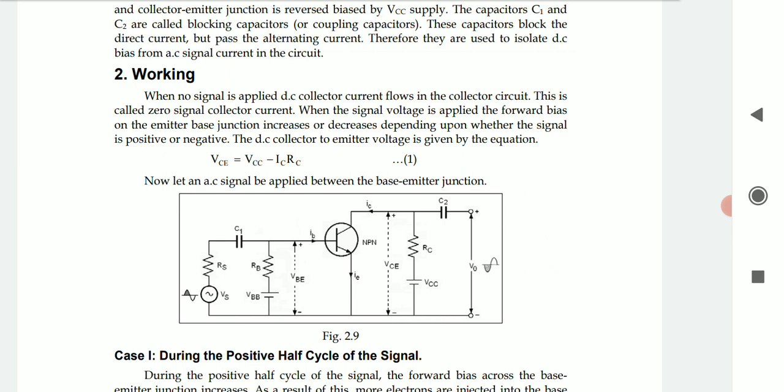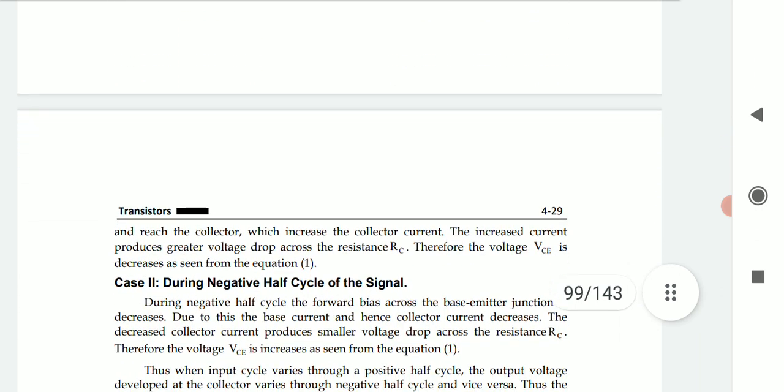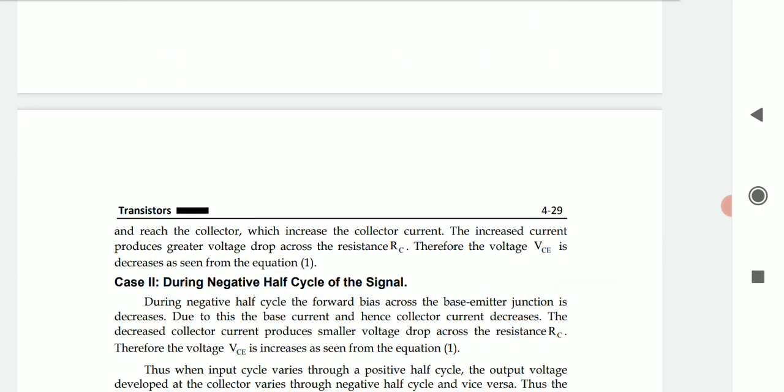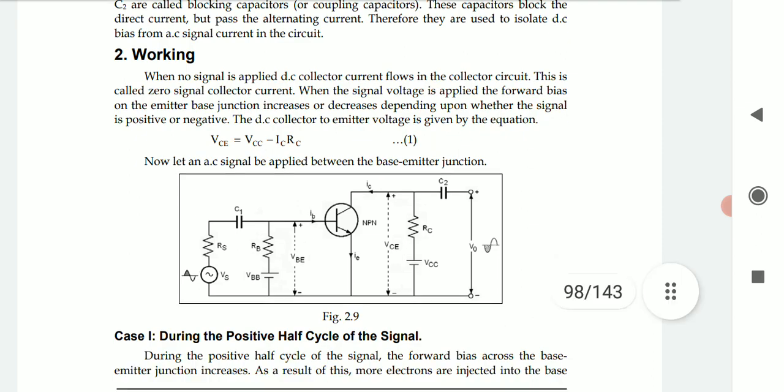If you apply the KVL equation at the output circuit between the transistor, RC and VCC, you will get VCE is equal to VCC minus ICRC. Whenever the voltage drop across RC increases, that is ICRC increases in the first equation, therefore VCE decreases